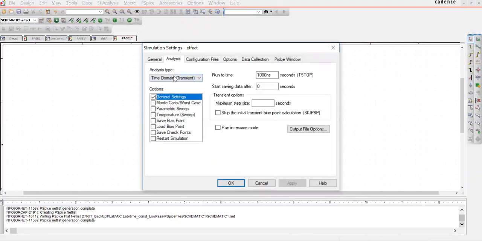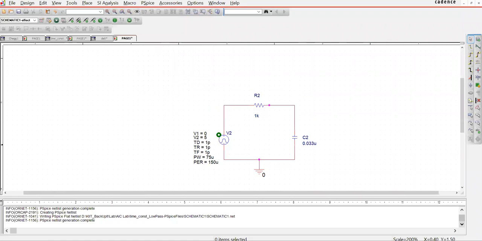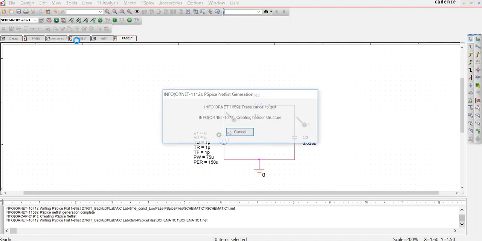So now let's run it for transient, and we want to see for 0.4 millisecond. Okay, so let's add the trace here and the trace here, run it.